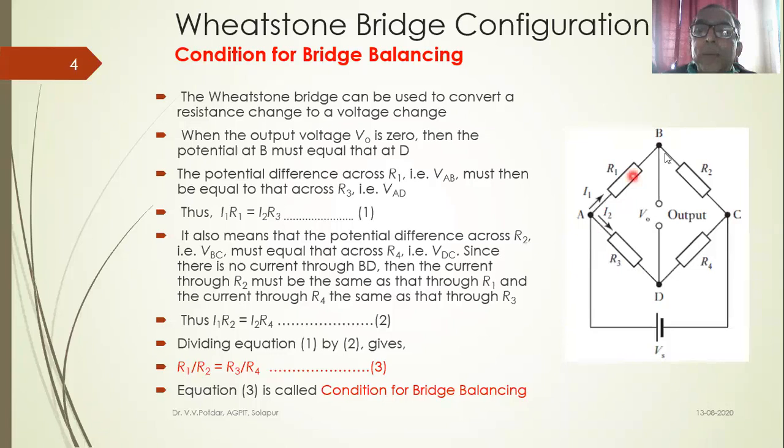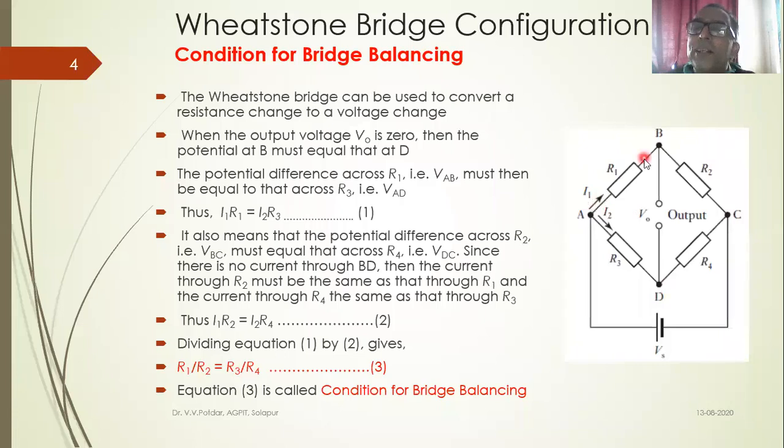Potential drop across AB should be equal to potential drop across AD. Why? Why should potential drop across AB be equal to potential drop across AD? See, just now we said when the bridge is balanced, potential at B is equal to potential at D. So B and D are at same potential. And A is a common starting point. So whatever is the potential drop across AB, the same potential drop will be there across AD also, isn't it? Is that clear? A is a common point, so same potential. B and D are at same potential. So VAB will be equal to VAD. Now what is VAB? Potential drop across AB.